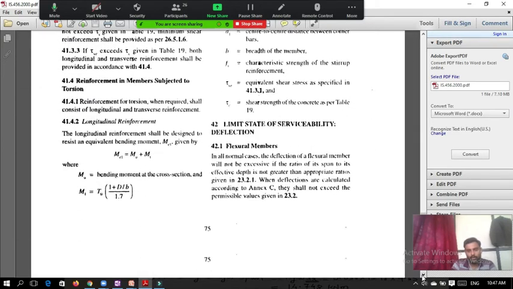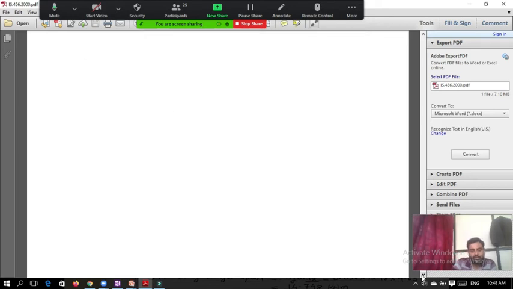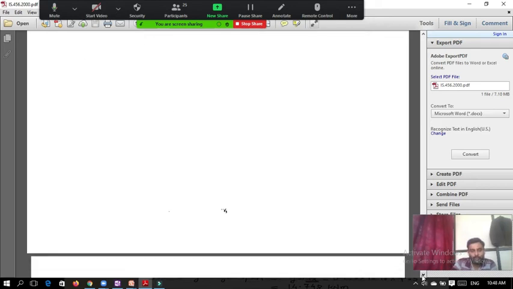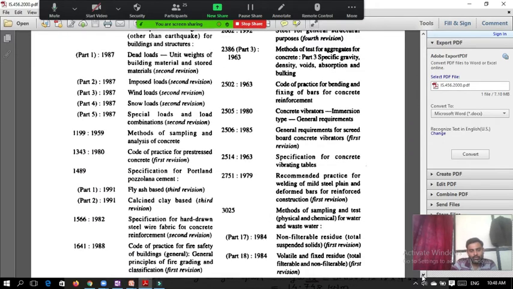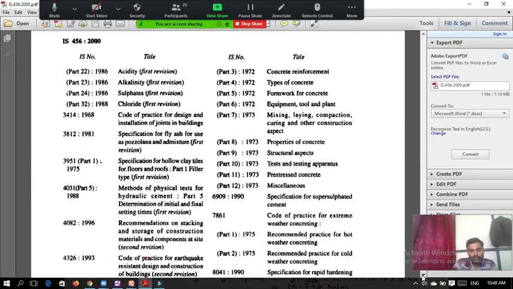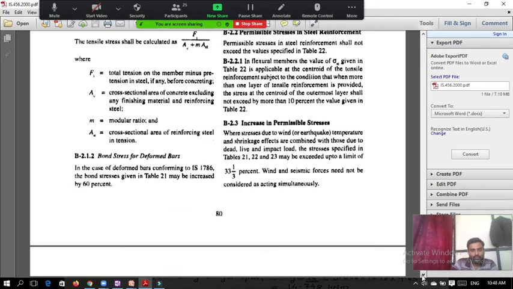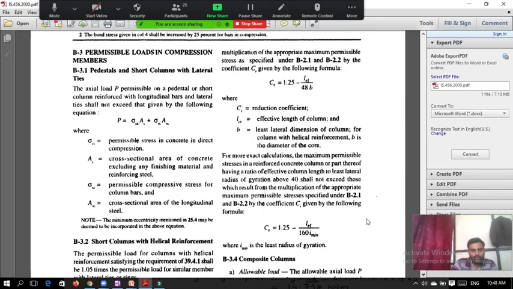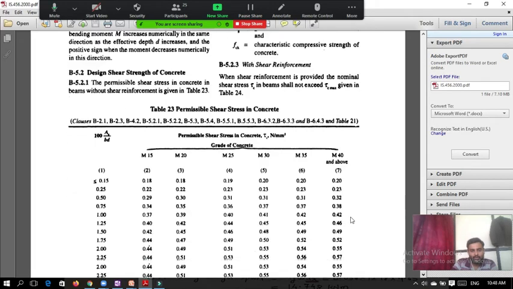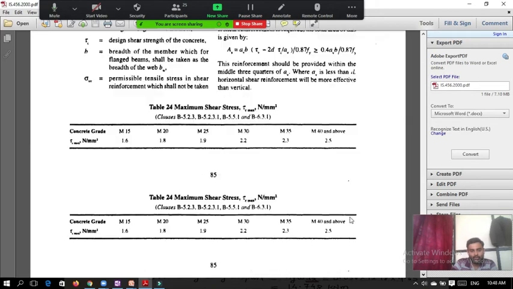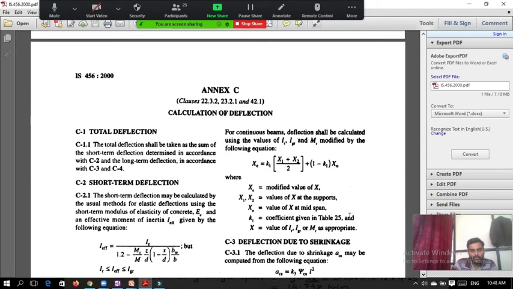There is one table which shows the coefficient for bending moment. The way we have considered the coefficients for the moment of one-way continuous slab, in the same way you need to consider it for the two-way slab also. Okay, so now we will go to that page number 90 where the table is given. From that table we are going to take the coefficients which are helpful to us in calculation of bending moment.